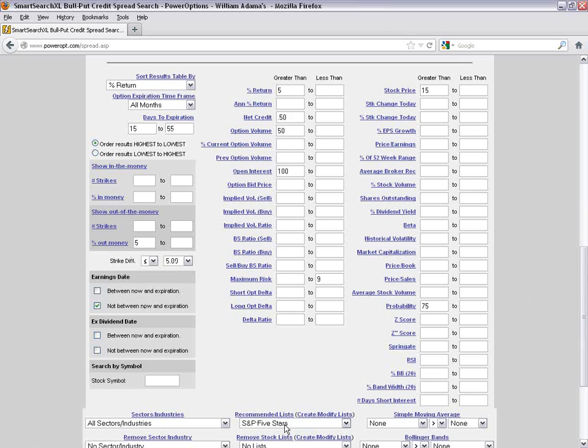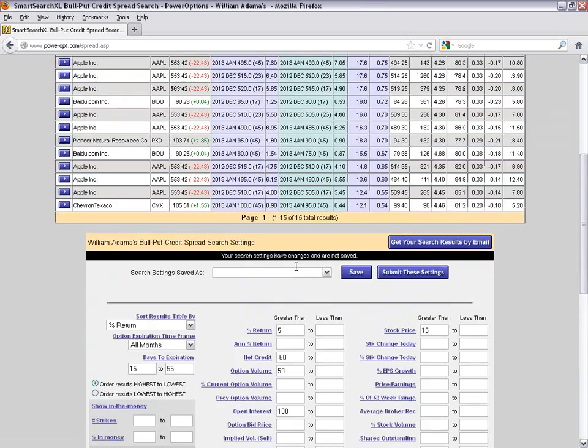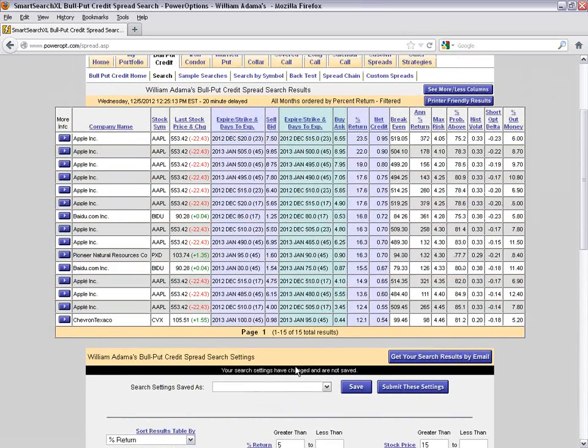We left, of course, that we're only screening against stocks in the S&P 5-star list. But with just those base criteria, we've narrowed that entire universe of possible spreads down to 15 results. So what is the next step? Well, we want to further research and analyze the positions in any strategy. Once I've put in my criteria and I've run my search, my first step is I'm going to use the More Information button,